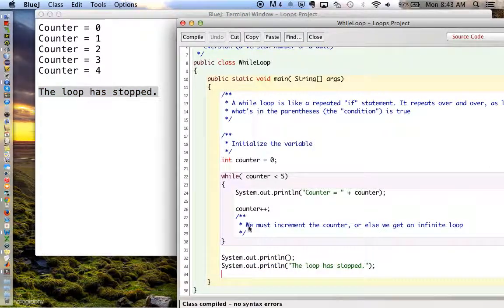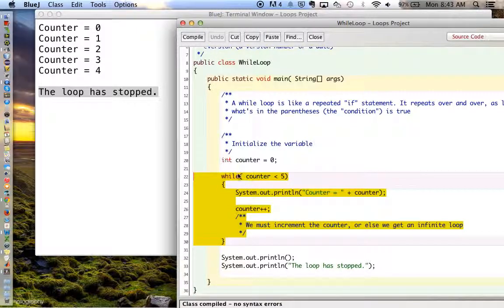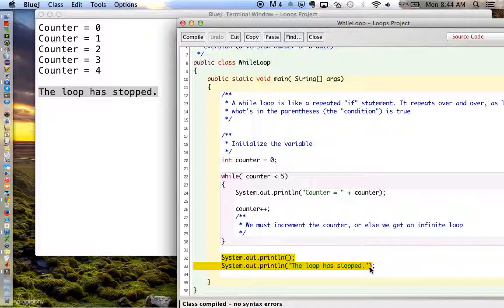And so this really works like an if statement, but it just keeps on operating for as long as it's true that the counter is less than 5. So for the values 0, 1, 2, 3, and 4, this code will execute. When we hit 5, we have to stop, and that's shown by this code down here. One very important part is the increment. As it says here, we must increment the counter